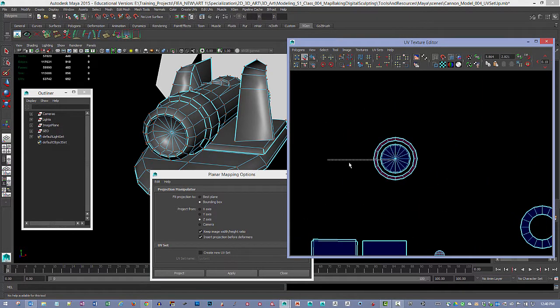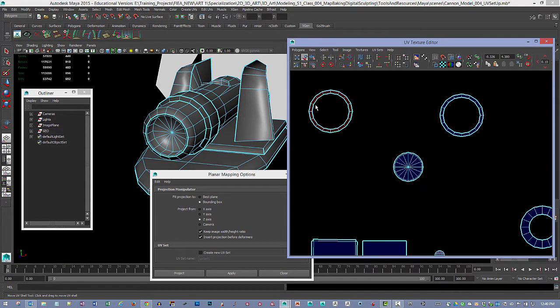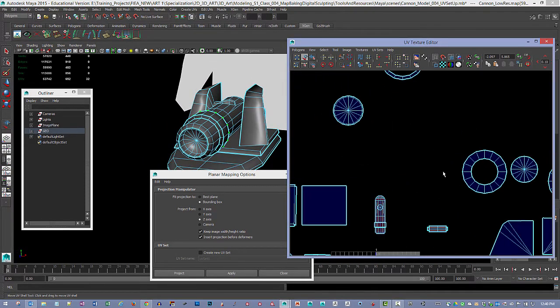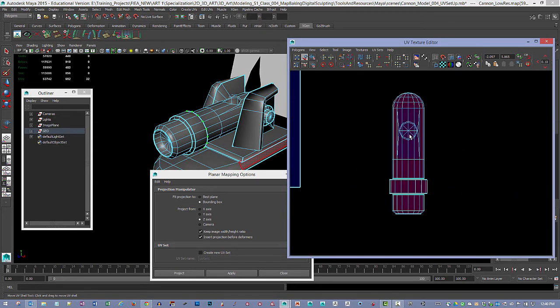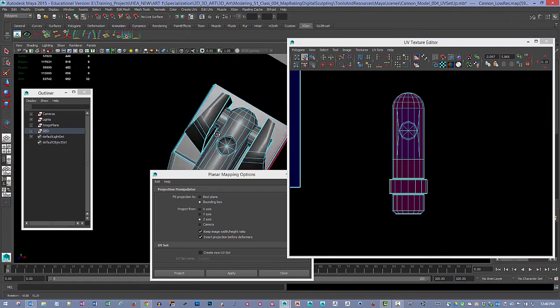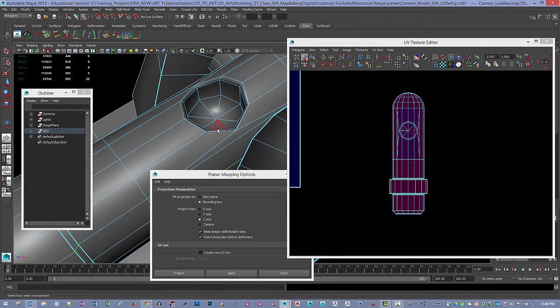We're going to move these pieces apart, trying to basically get to the point where I want to separate these out so I can figure out which pieces are facing the wrong direction, which I've got this here. So I can just flip that horizontally and that takes care of that piece. Now what I'm left with is this whole thing that we've got here, which I guess if I was going to do a planar projection, because I'm just a little worried about this hole that we've got here causing some